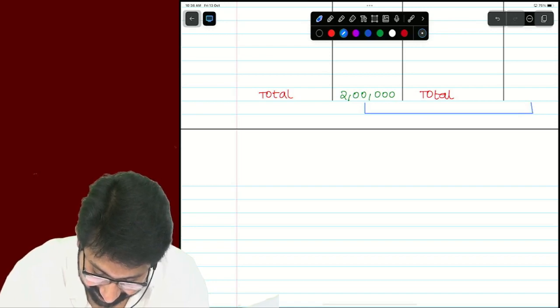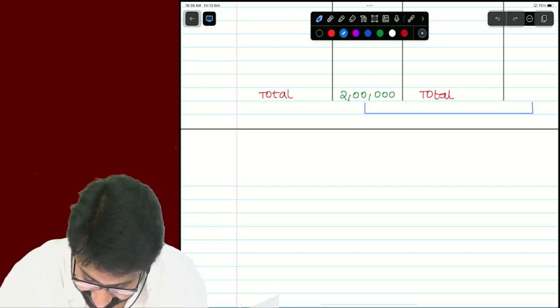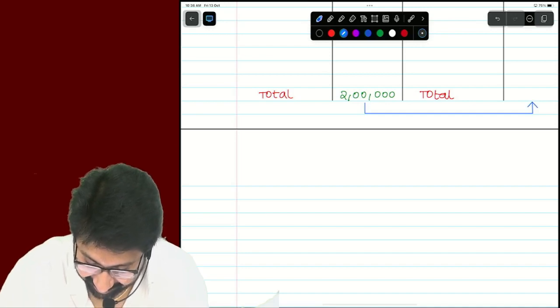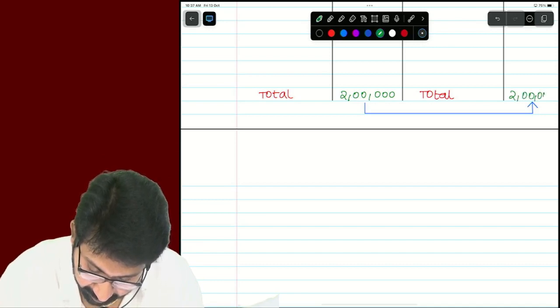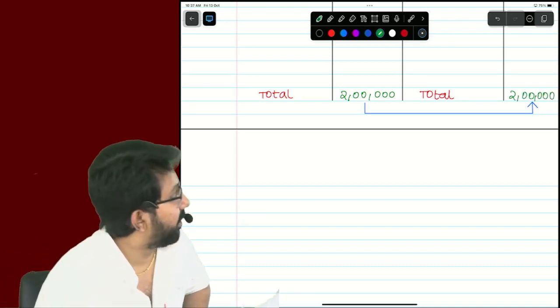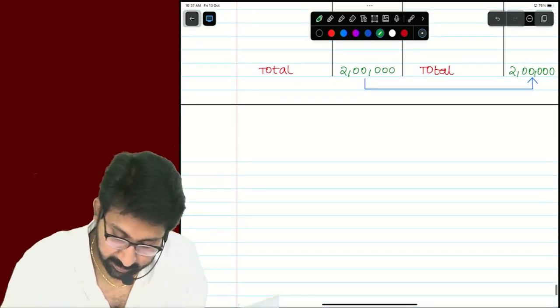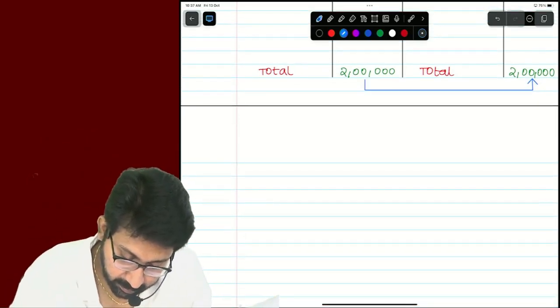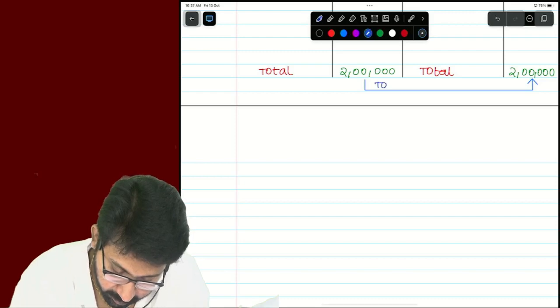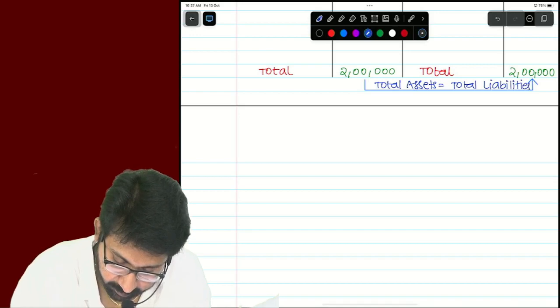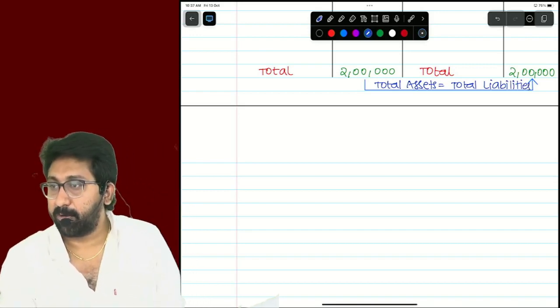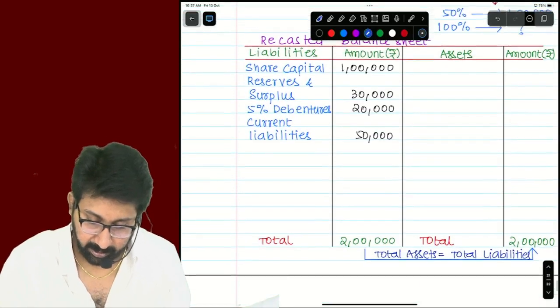If plan A fails, we have plan B. Write down. So how much is the value? 2 lakhs. Total assets is equal to total liabilities. Okay. So now tell me,